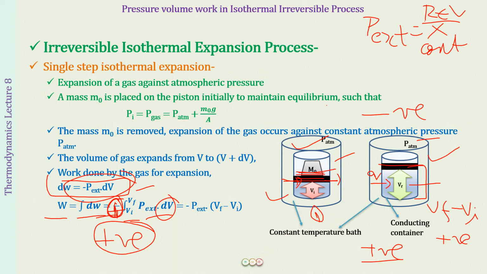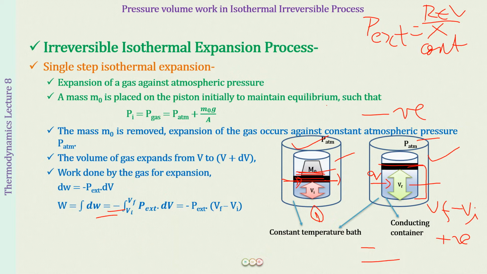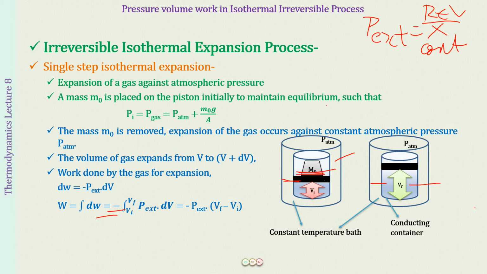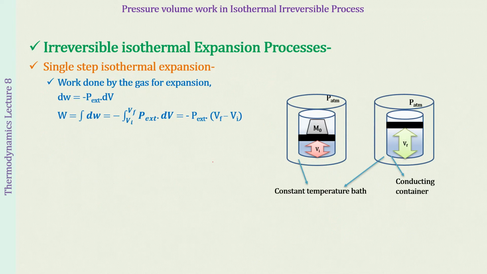So everything that I have been talking about throughout the previous lectures, I have again discussed with you so that the concept is very clear in your mind and there is no problem in understanding anything. So this is the expression that we have for work done in an irreversible process. Now this process is not only irreversible, it is isothermal also. So let us do some more changes in this expression for the isothermal process. This is the general expression for the irreversible process. Here we have not considered the isothermal conditions so far.